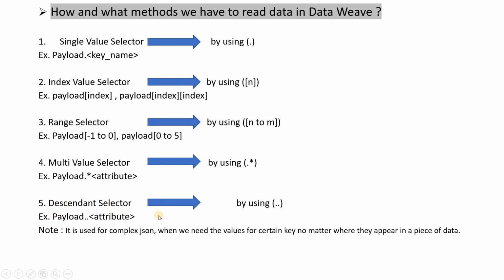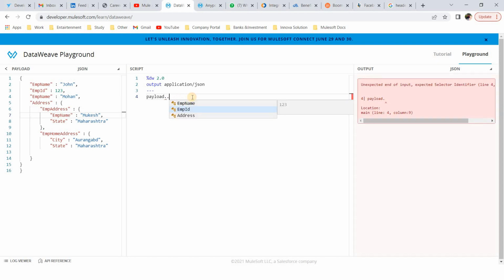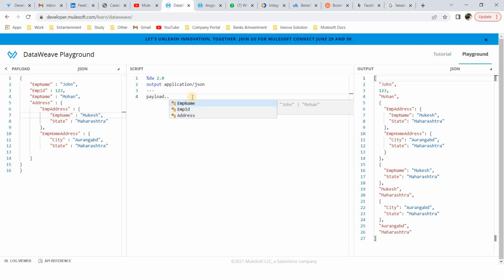Now coming to the descendant selector. For the descendant selector, let's say I am repeating this employee name. Now here is also my employee name, let's say Mukesh. So this value I need to read. What you have to do is dot dot employee name.